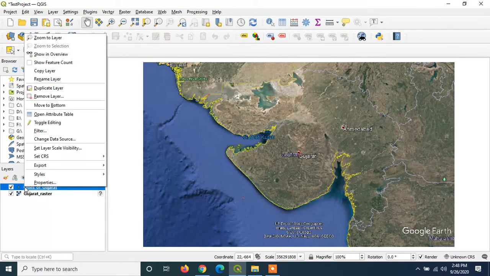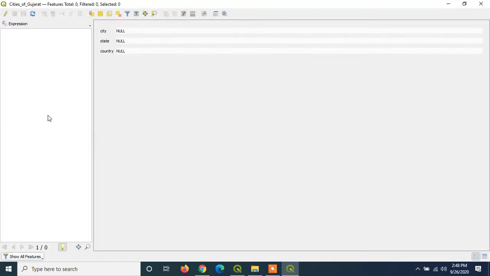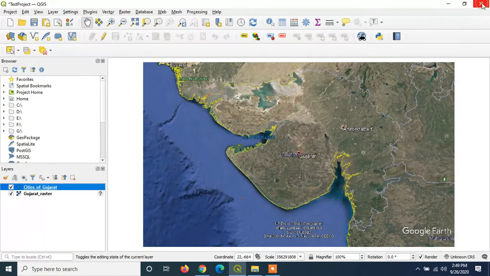Now if you right click on Cities of Gujarat layer, and if you click open attribute table, it will display these 3 fields: city, state, and country. But there are no records in this table, because we have not added any point on the layer. So now the next thing is we'll have to create points on this layer.